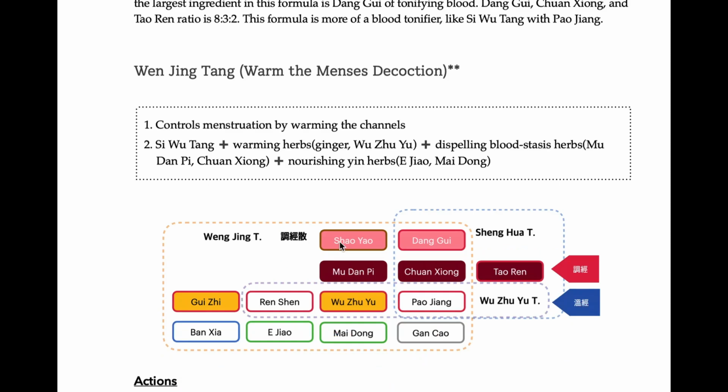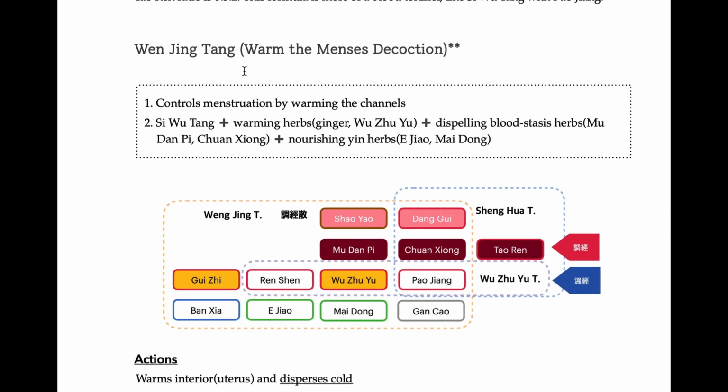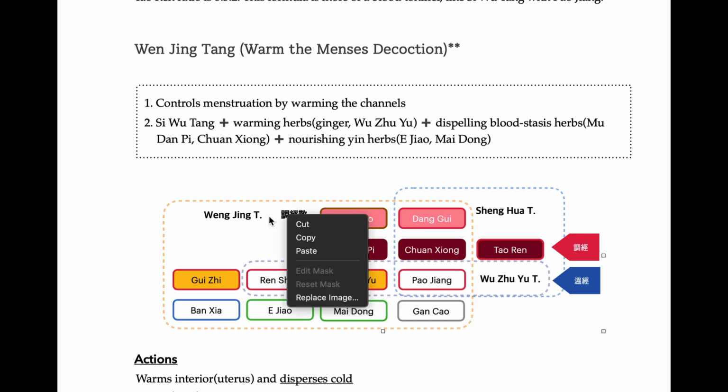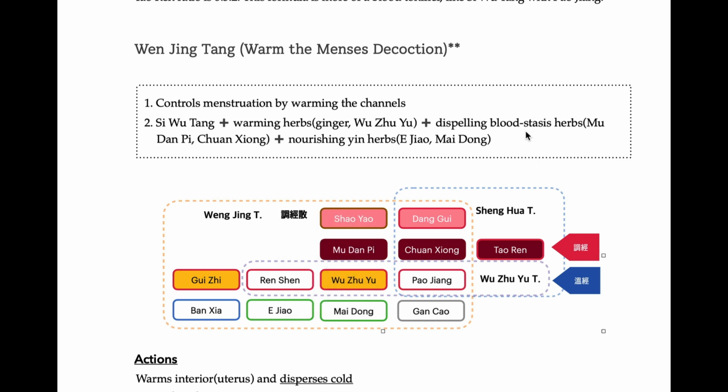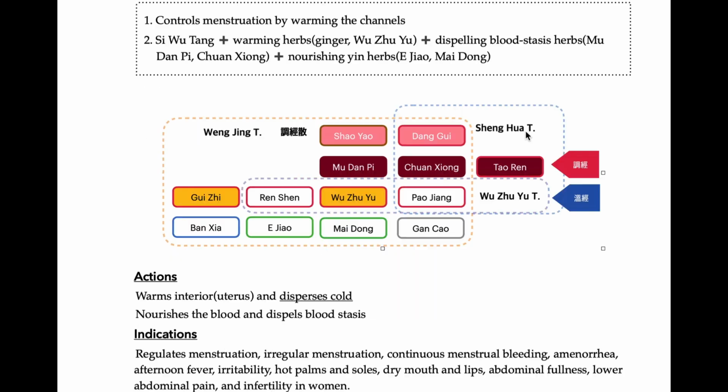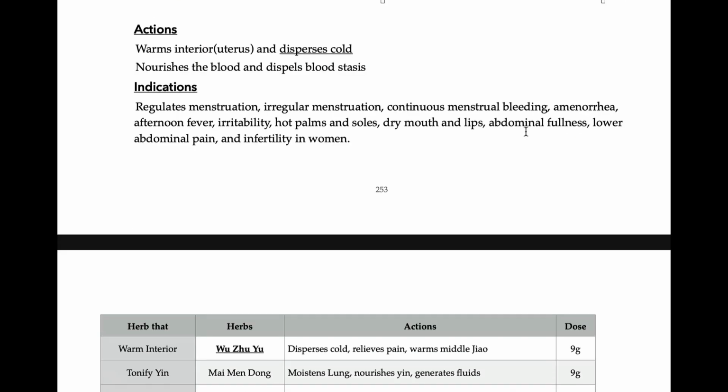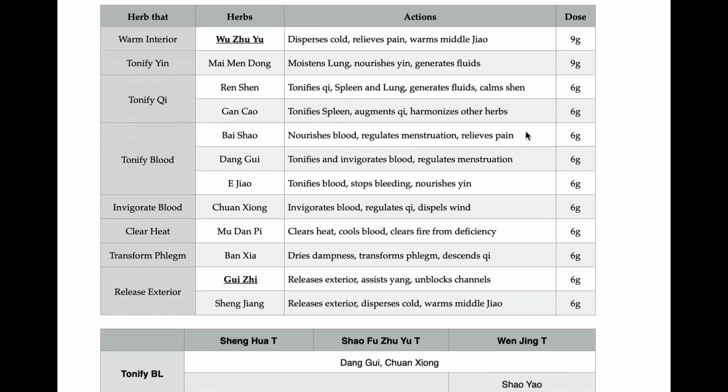And Wenjingtang literally explains it treats bleeding with blood stasis with warming property. Not warming, actually very heating property. Baozhang, Wuzhuyu. It warms. And actually an alias of this formula is regulating menstruation formula. So it can be used for bleeding and stasis, either of them. But it is classified as an invigorating blood formula. So just remember, this is a really warming formula, and Wuzhuyu is the king herb.